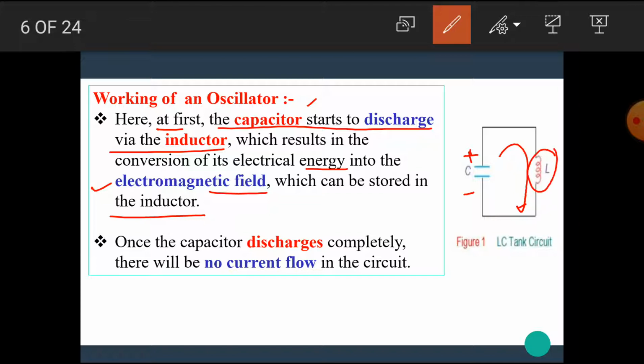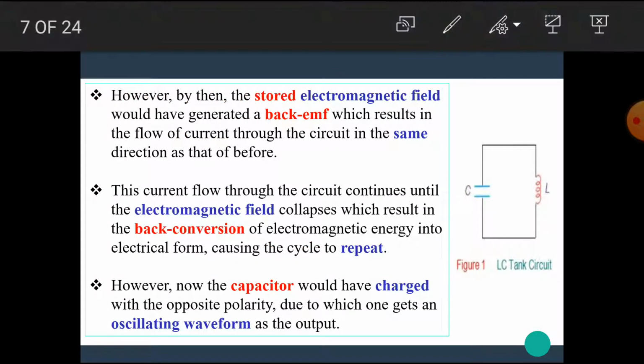Once the capacitor discharges completely, there will be no current flow in the circuit. That means when the capacitor discharges completely, the electromagnetic field is generated within this inductor, and after complete discharge there is no current flow in the circuit. Then what happens? Here the positive and negative terminals of the capacitor, and now the electromagnetic field is developed across this inductor. However, by then the stored electromagnetic field would have generated a back EMF